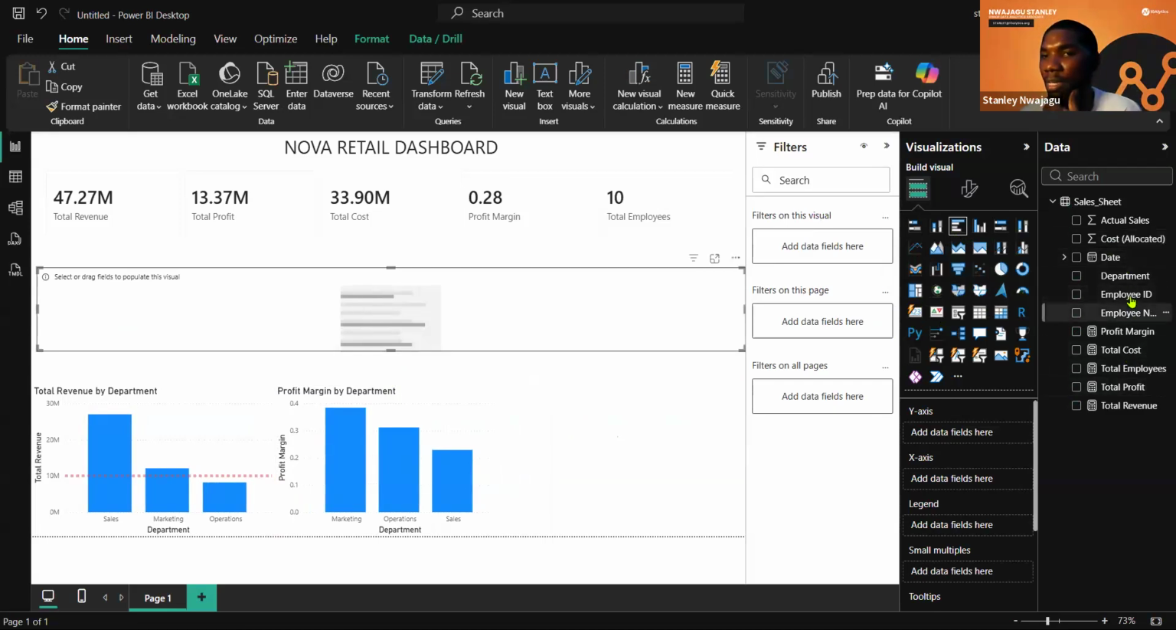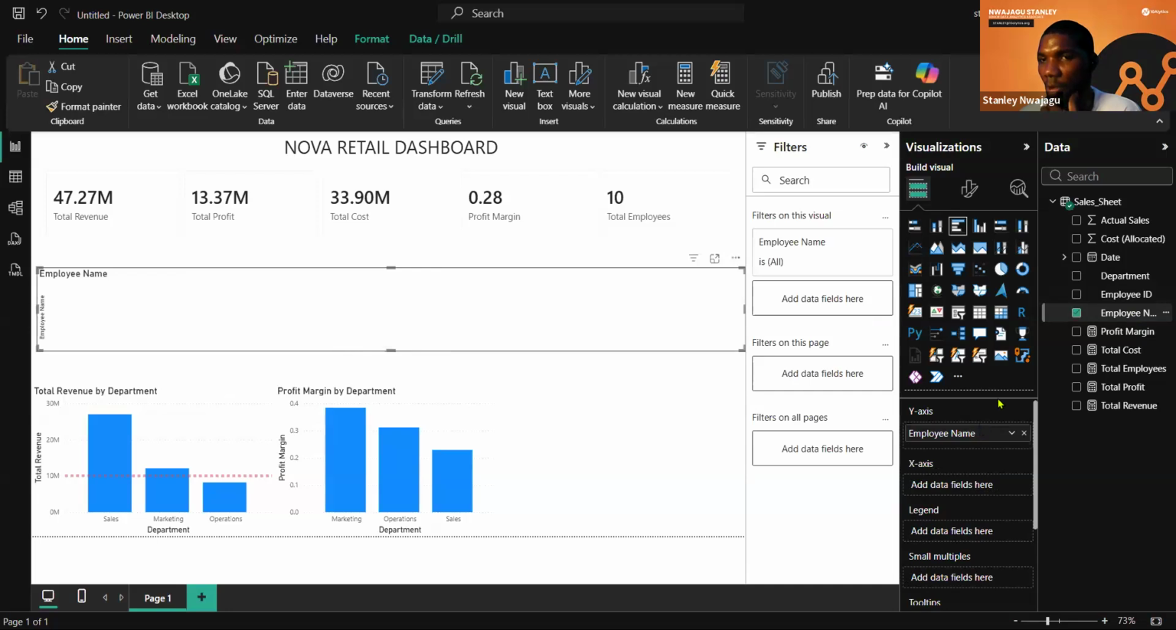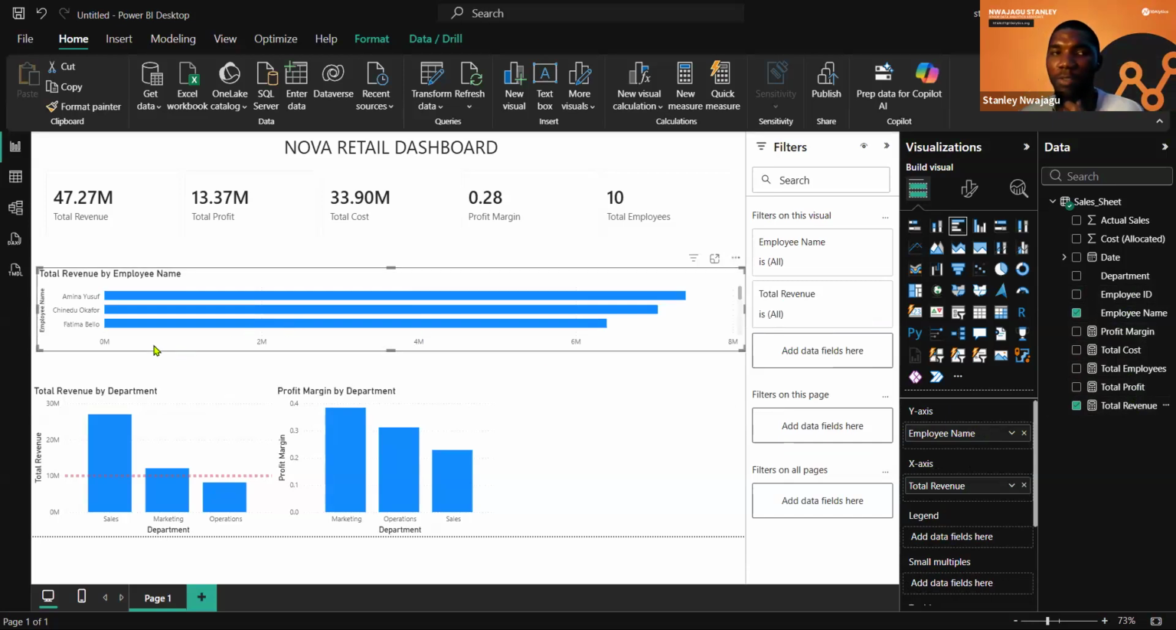So I'm now bringing the employee name here. I drag the employee name and put it on the y-axis. And then the next thing I want to do is to bring in the total revenue, so that Power BI can differentiate this revenue and segment it based on the contribution from each of these employees. So I bring the total revenue to the x-axis,